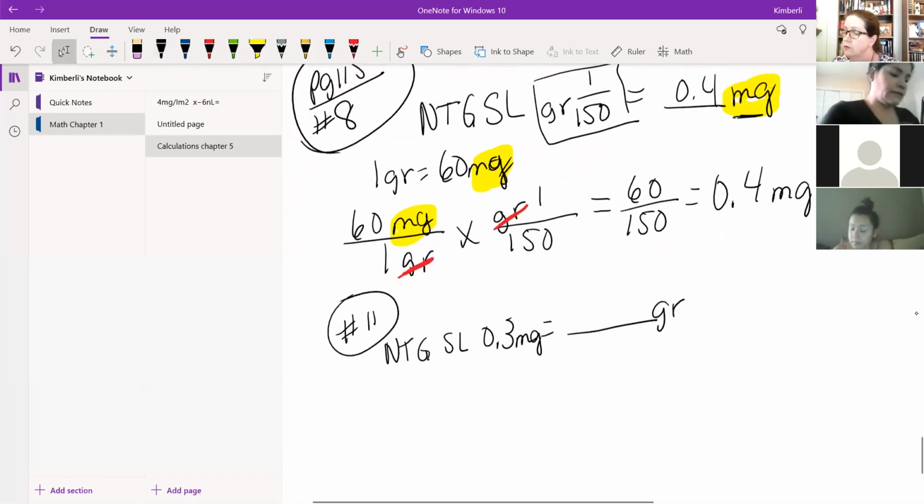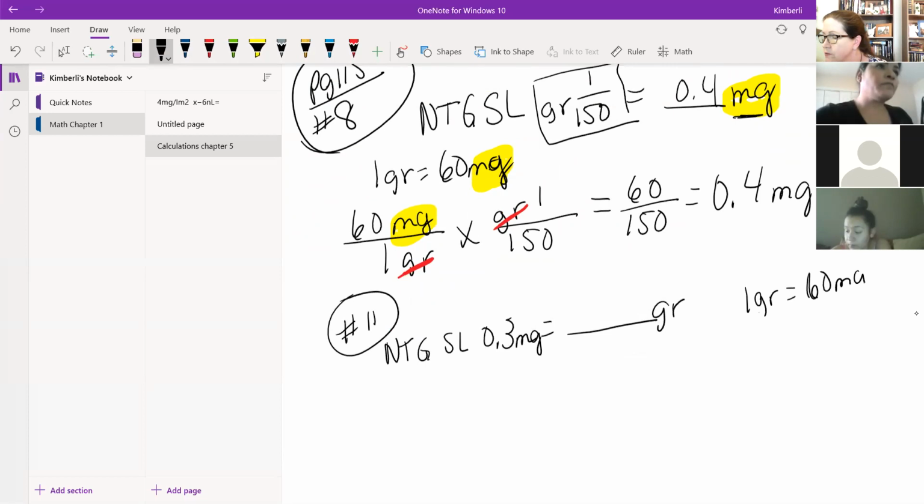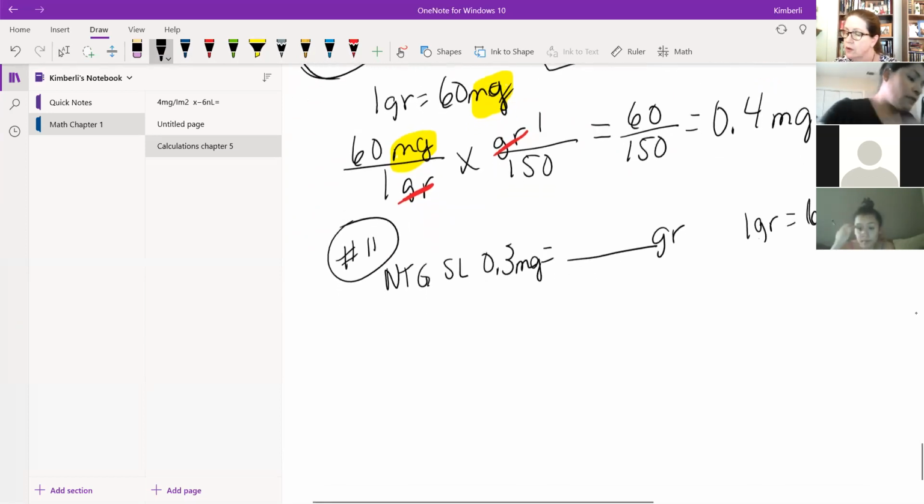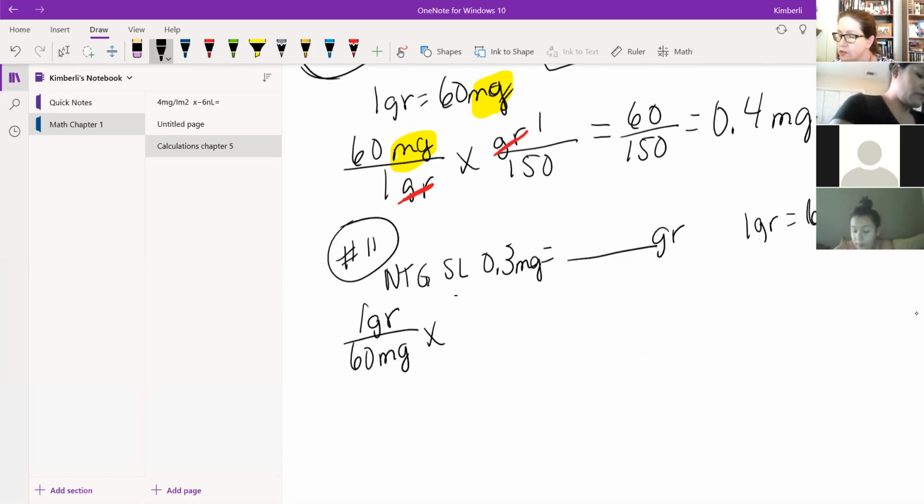Okay, so we're still using 1 grain equals 60 milligrams. So this time I'm looking for grains. So I'm going to put the 1 grain on top and the 60 milligrams on the bottom, and then multiply by what I have, which is 0.3 milligrams. Okay, and now I'm going to put it over 1 just to make it a fraction. And my milligrams are going to cancel. And what I'm looking for here